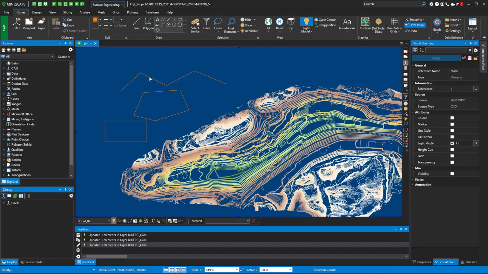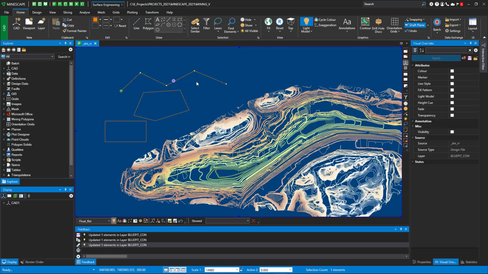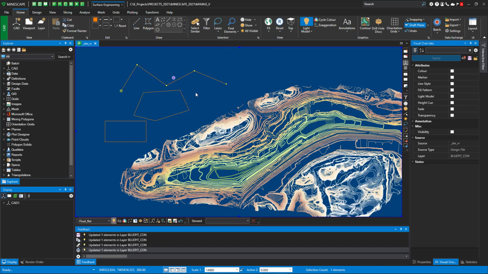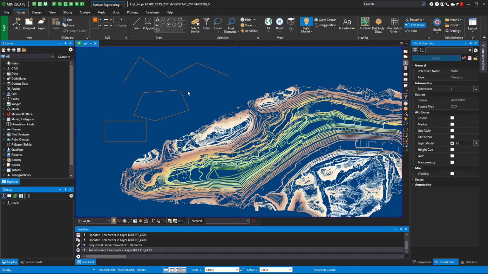Along with RapidCAD, if I highlight that element and I want to move a vertex, notice the vertices highlight. I can just hover over that vertex and it sticky snaps to it with my mouse. If I want to move that vertex, just left mouse button, click, move the vertex. If I want to move the entire element, we have the quick element edit or the purple dot. Just select it with your left button and move it. If you want to undo, it's a one step now. Just do a Control Z and it will undo, along with a backspace,